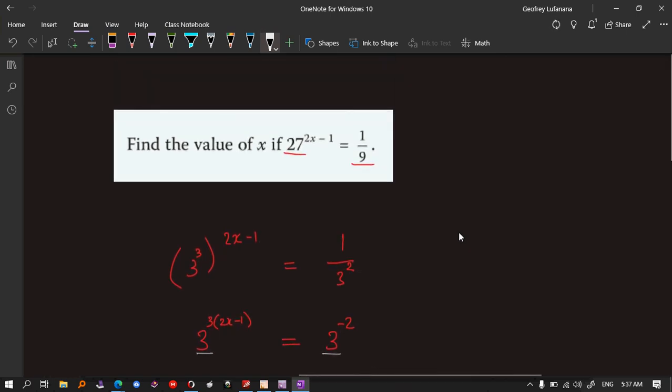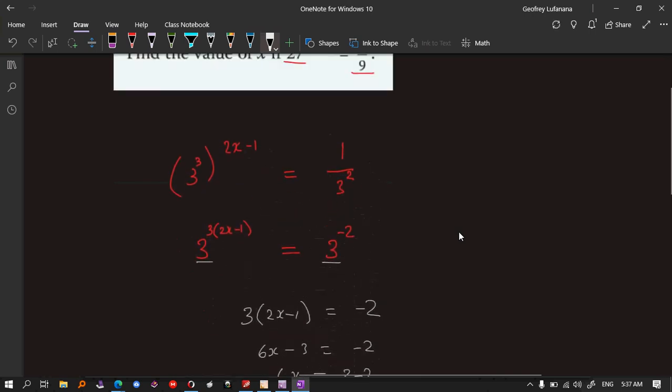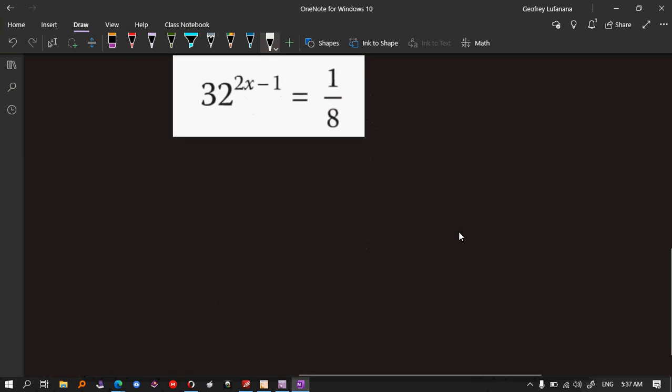How did I solve that? You need to make sure the bases are the same. Let's use another example. 32 to the power 2x minus 1 equals 1 over 8. In this case, I should be able to notice that 32 can be written to the base 2. Likewise, 8. If you are not able to do that, I would recommend you go through prime factorization to find